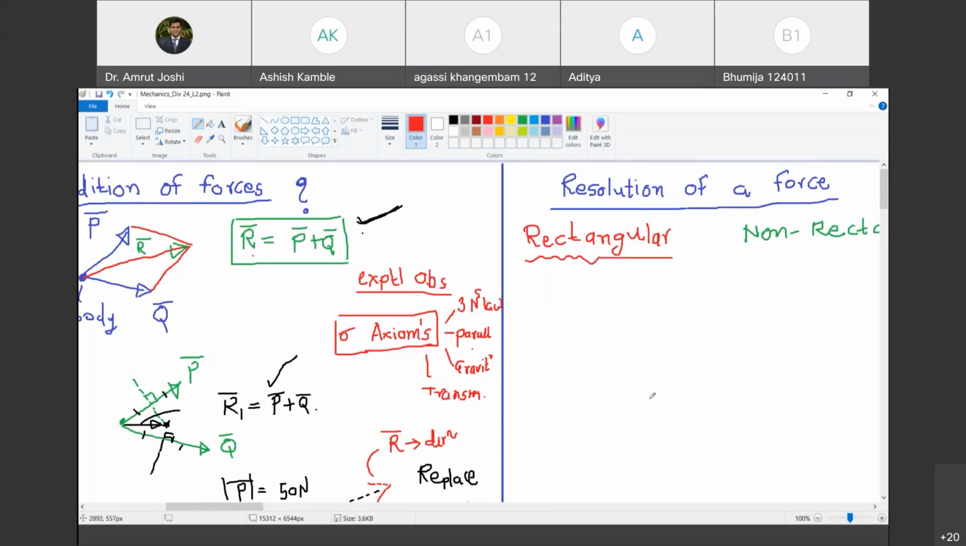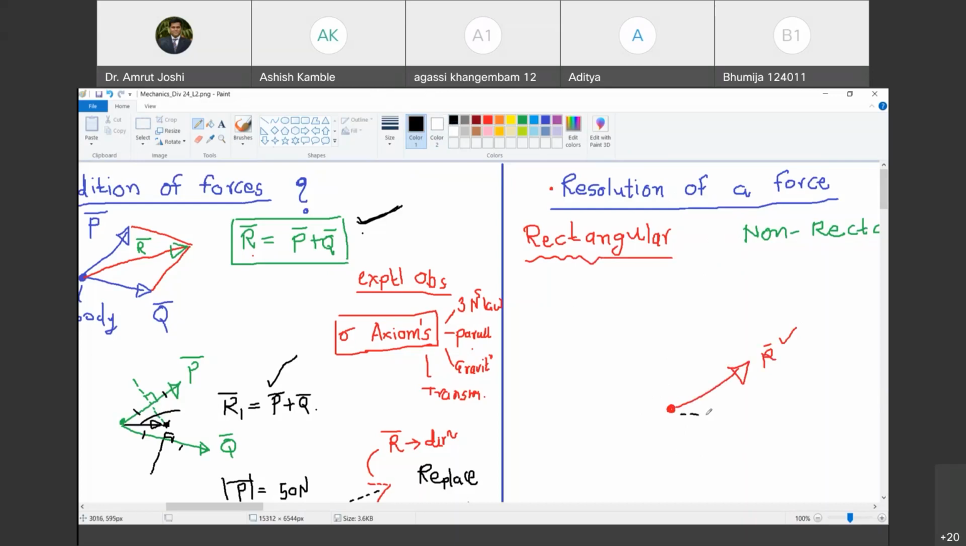For example, I am now talking about resolution of a force. Let me say that this is the body which is idealized as a particle. I know that it is acted upon by two forces, and the addition of these two forces is r bar. Now I know r bar. Question: